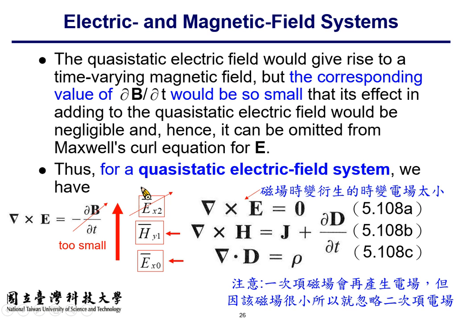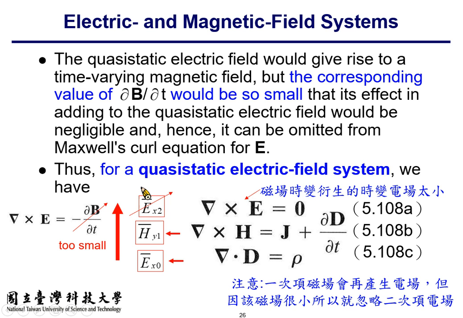If the charge density is time varying, then this term is non-zero. And it produces the magnetic field, the first order magnetic field term, through what? Through Ampere's circuital law. And if you continue, the time variant magnetic field shall produce second order electrical field through